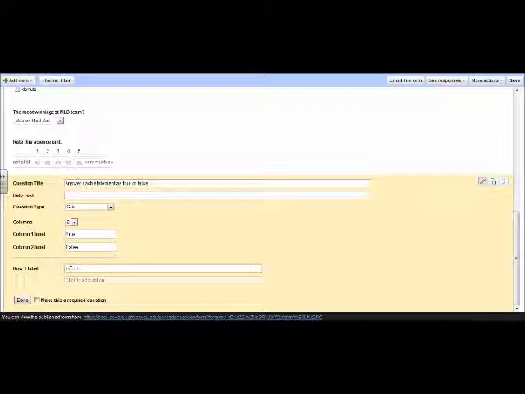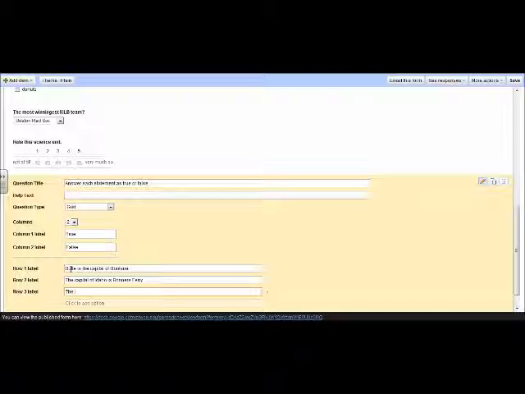Then the rows are where we're going to put our questions, and we can put something like Butte is the capital of Montana. We can go to another question: the capital of Idaho is Bonners Ferry,